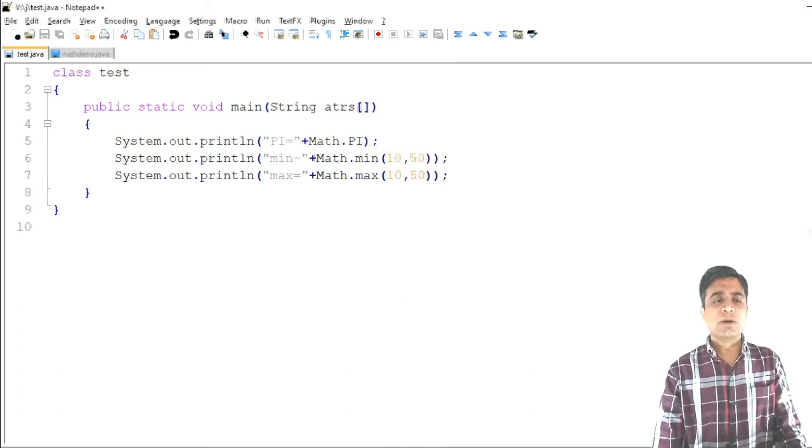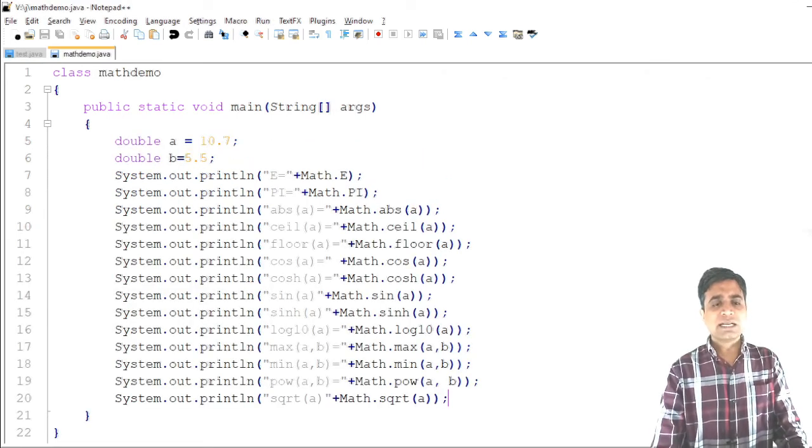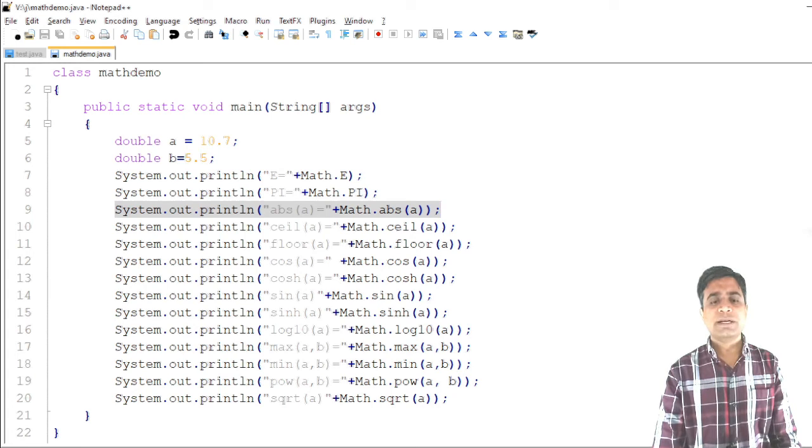So this is an example of the Math class. I will show you different methods of the Math class again. In the first line I am printing the value of e, in the second line the value of pi, and in the third line the absolute value of a. Here a is 10.7, and you can print the absolute value of it.